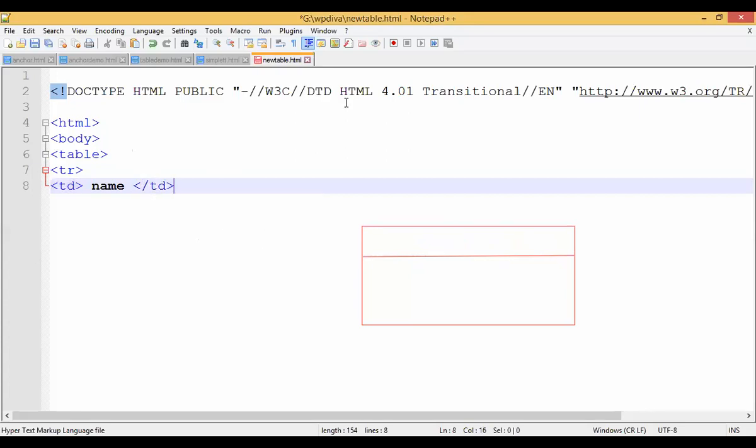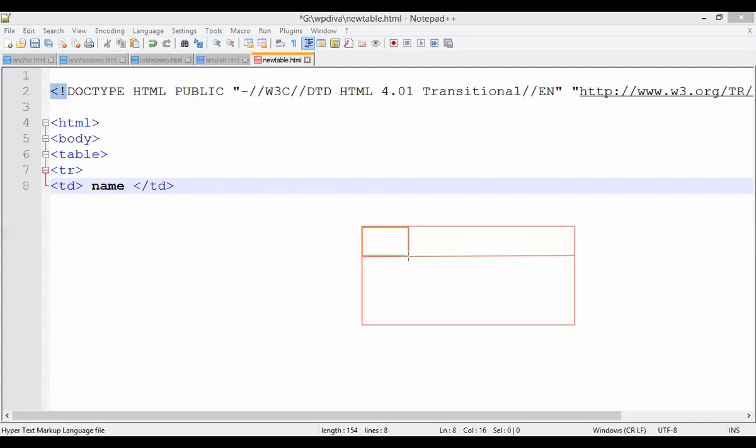What is the framing here, guys? What happens exactly here? When I open one TD, it means inside that first row, one column is going to appear. Is it visible? So the first column is going to appear. You need to enter the data row wise, column wise.